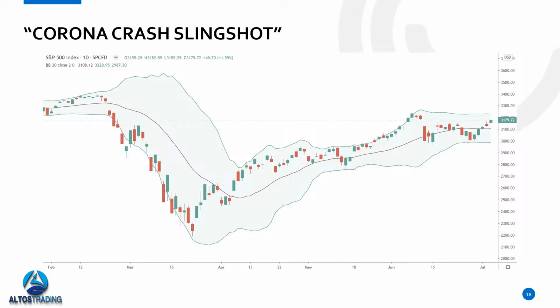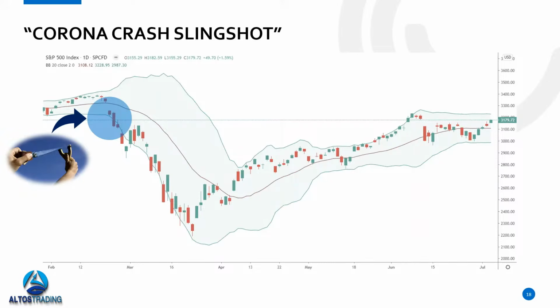What is price doing relative to the bands? It's kind of bouncing around from the lower band to the upper band. So it finds support at the lower band, resistance at the upper band. It trails up, hits that upper band. But then around the third week of February, it starts to rotate lower into that lower band. And then notice here, we get a breach of the lower band. This is where the slingshot starts to get pulled back.